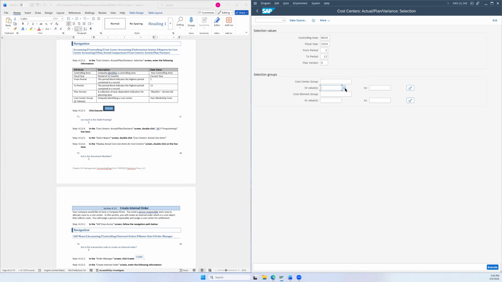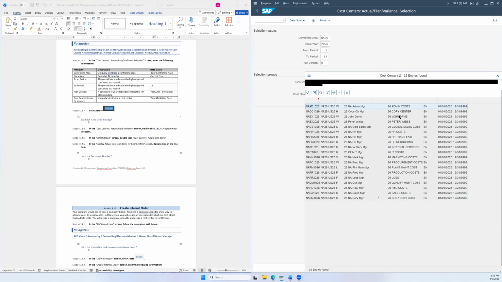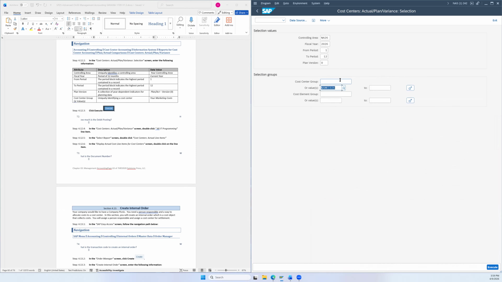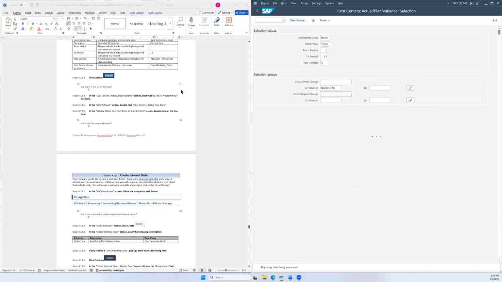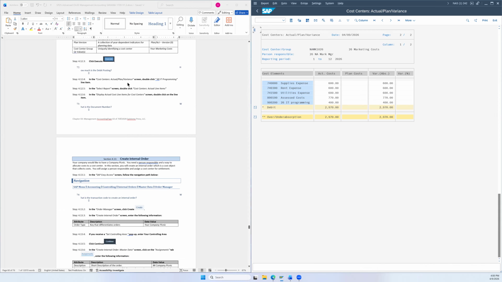So we're going to look for our marketing costs. There it is, marketing costs, double click. There it is. And we're going to hit execute down below. How much is the debit posting? So we can see how much our debit's posting right there. In your cost center, plan variance, yeah. Double click